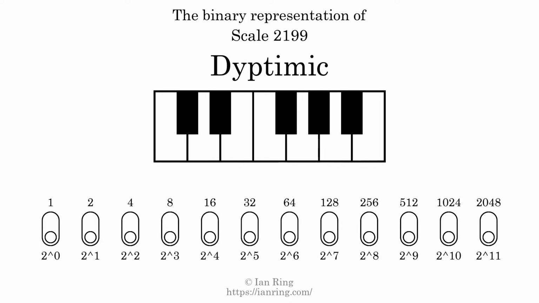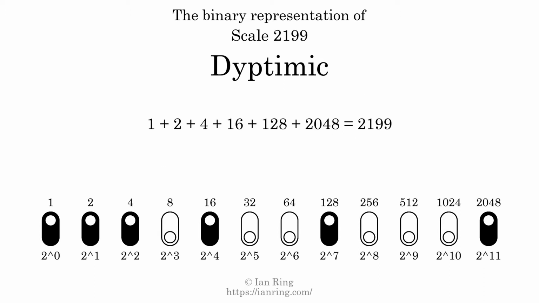The binary representation of this scale is determined by mapping tones of the scale to binary digits. Each binary digit represents a power of 2. To get the scale number, we add the powers of 2 together. The powers of 2 that are present in the scale, all added together, equals 2199. That is why the scale number, in decimal, is